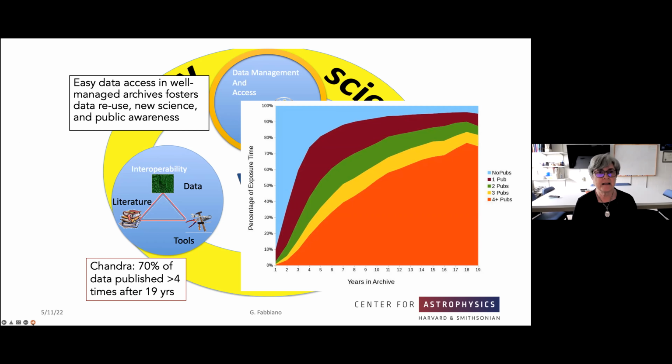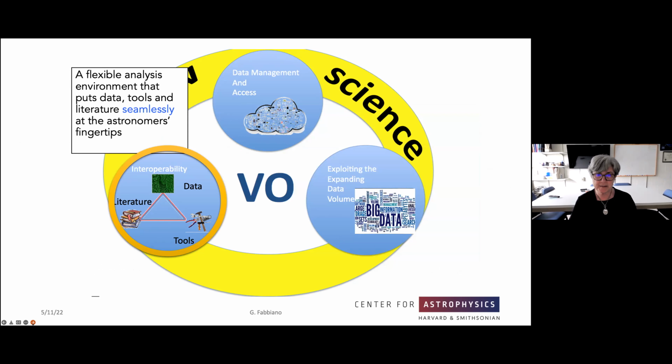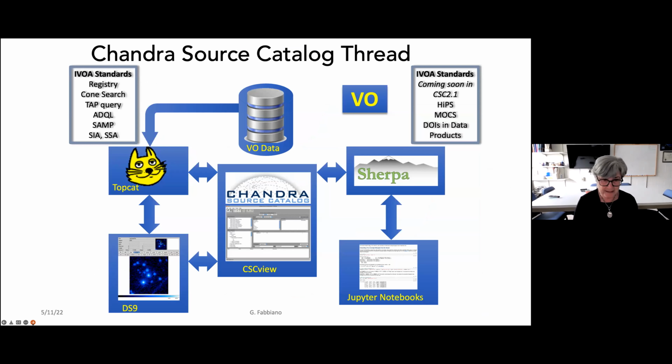Okay. Next thing, interoperability. So the idea is to have an environment for the astronomer where you can access your data, you can access your tools, you can access the literature, and you can do this in a fairly easy, seamless, flowing way. And this is something that the Virtual Observatory and the use of Virtual Observatory protocols allows. And finally, so far I wanted to give an example of a thread that's based on the Chandra